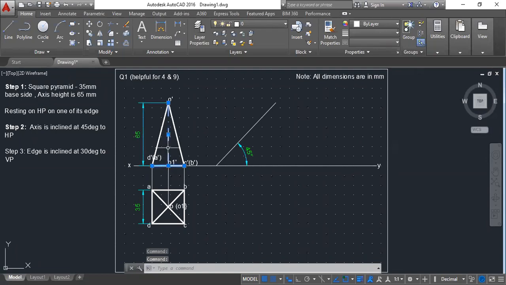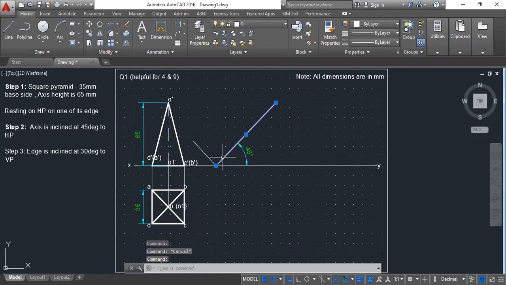If the vertical axis is 45, this base will be 45 in this direction, correct? These two are perpendicular to each other, just like these two. So if the axis is on this line, the base should be on this line.